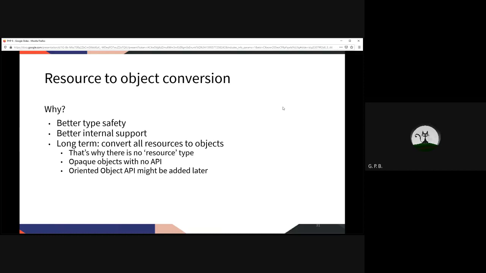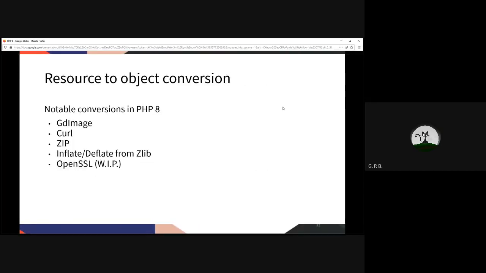That's one of the reasons why we don't have a resource type, because if we had, it would be harder to migrate away from it. And how the conversion is done is by introducing opaque objects, which don't have any API. So they are just a drop-in replacement for resources which have better type safety. However, an OO API might be added later after careful consideration. So some notable conversions in PHP are GD image, if you do any image processing,